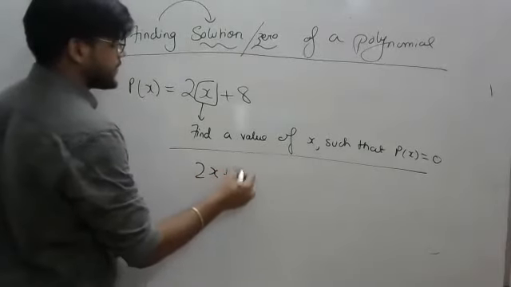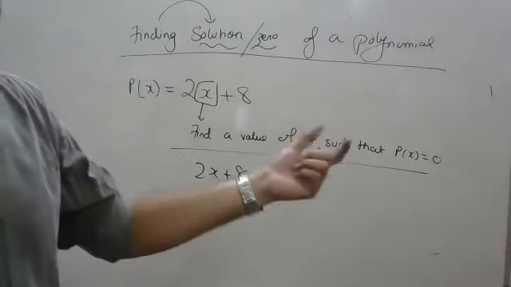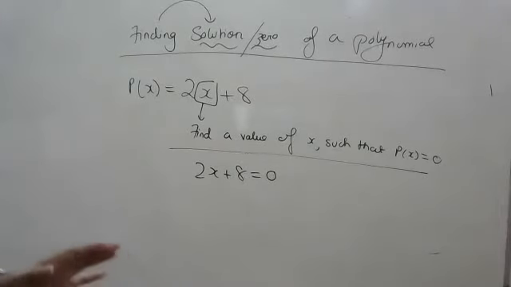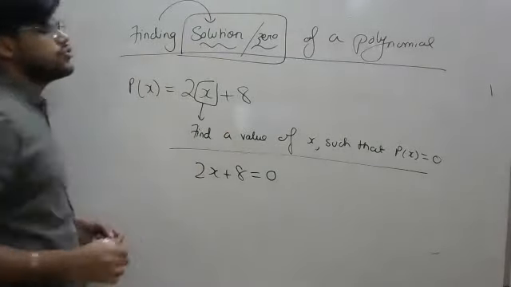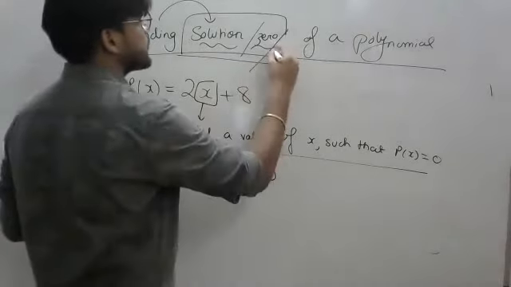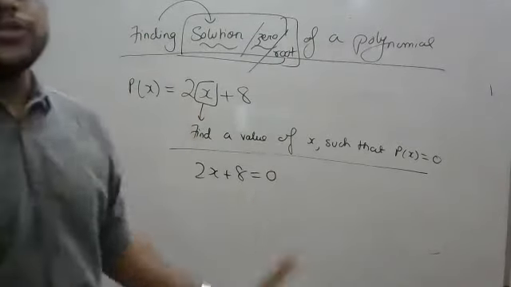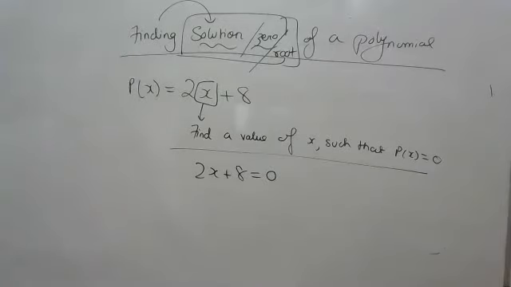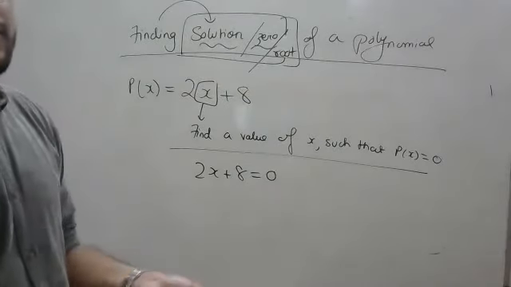So 2x plus 8, I'll consider the entire polynomial to be equal to 0. Please understand, those who are understanding, great. Those who are having a doubt, please pay attention and clarify your doubts. What will be my first step? Whenever it's given to find solution, zero or root, there are 3 terms: solution, zero or root. So what you have to do is keep this polynomial equal to 0 and then try to find the value of x. That's what you have to do. There are only 2 steps. First, write the entire polynomial equal to 0, and then find the value of x as a normal equation.